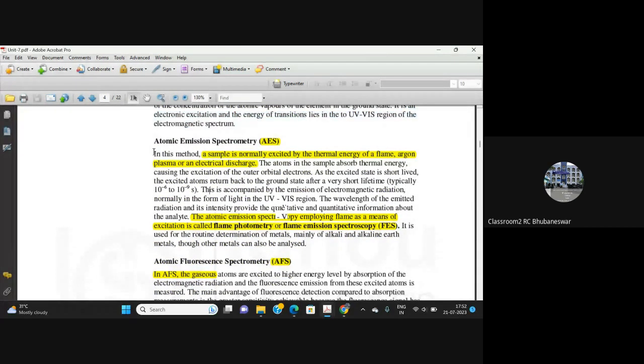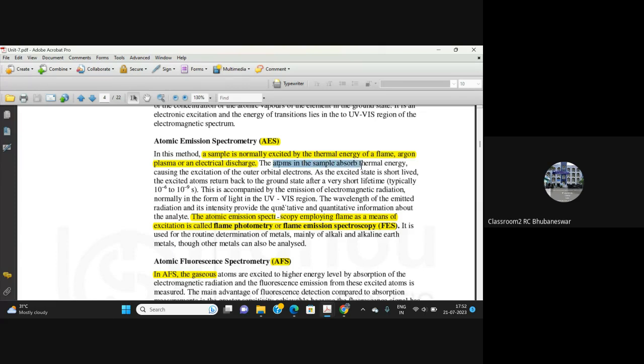In this method, a sample is normally excited by the thermal energy of the flame, argon plasma, or electric discharge. The atoms in the sample then absorb thermal energy,